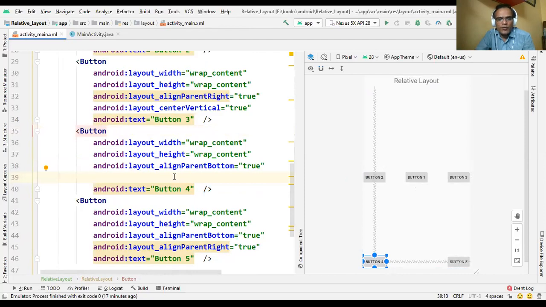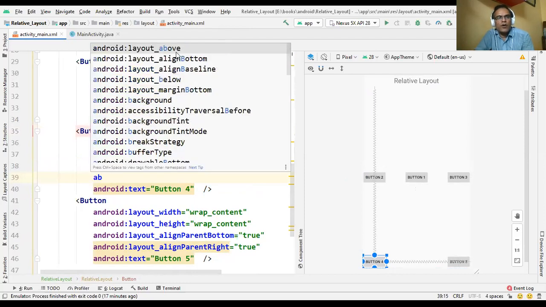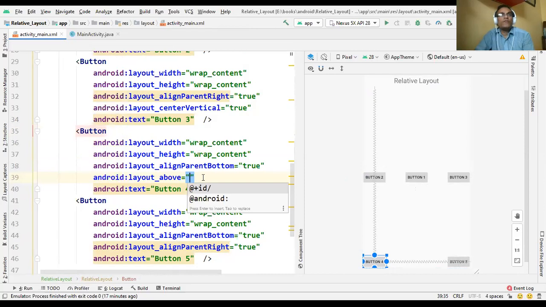So now here we use the above property. But if we want to use the above property, we have to use the ID of button 1. So please remember, above, below, to left top, to right top, align bottom, align right, align left.